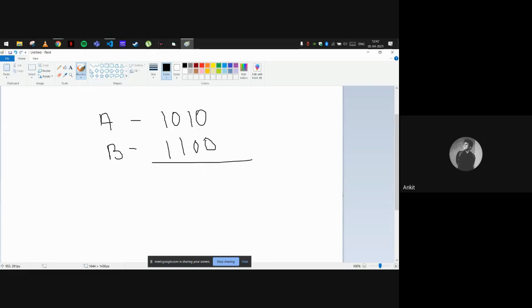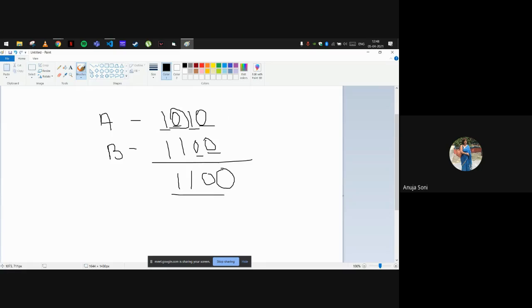So in this, we take the first digit of register A, this is 0. And now we check the corresponding value of it in B. It is 0, hence it will be the same as in A. It will be 0. Second, come here, it is 1, corresponding value 0, it will come as 1, and then the third digit is 0, and the corresponding value in B is 1. So it will now convert this 0 into 1. And same for this one.